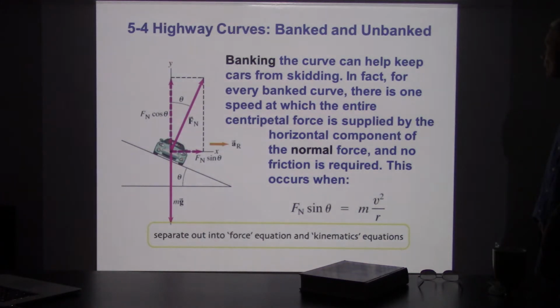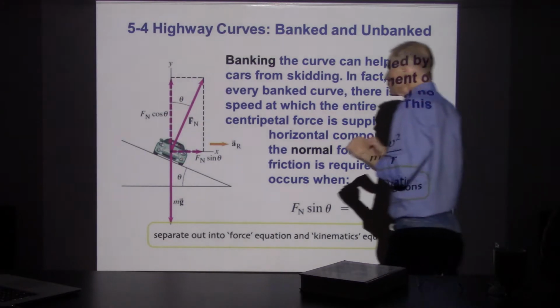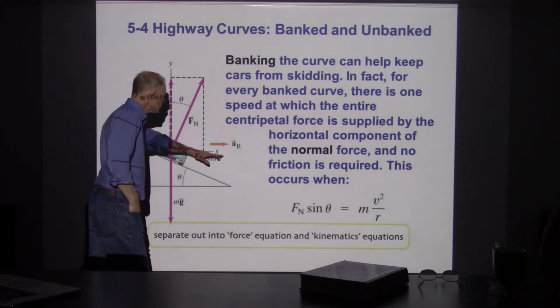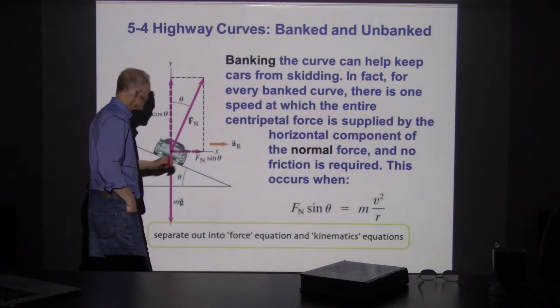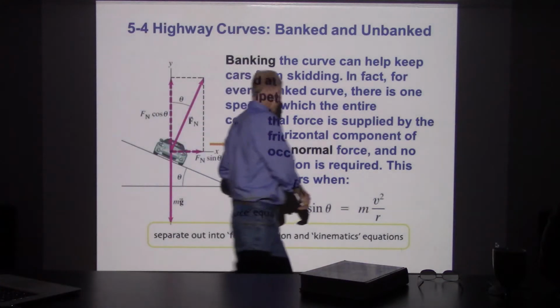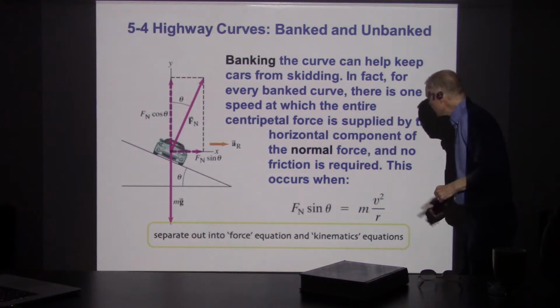They're not going to use friction at all, other than just enough friction to keep the car going in the direction the roadway is curving. They're not actually using any force from static friction to help accelerate the car towards the center. They're going to do it all with this normal force. So they've taken the normal force, the sine theta component, and set it equal